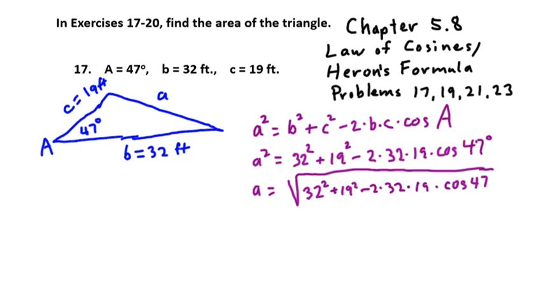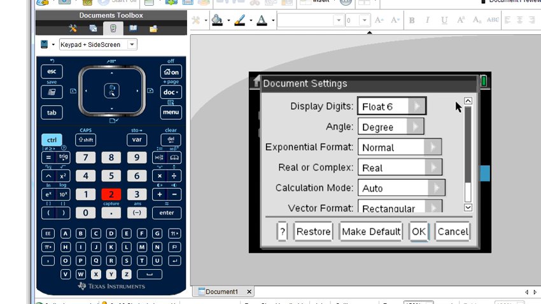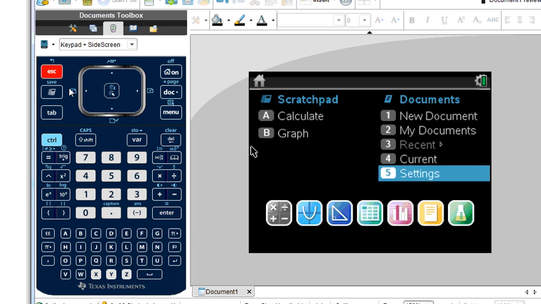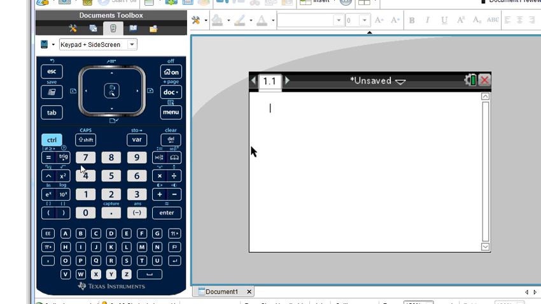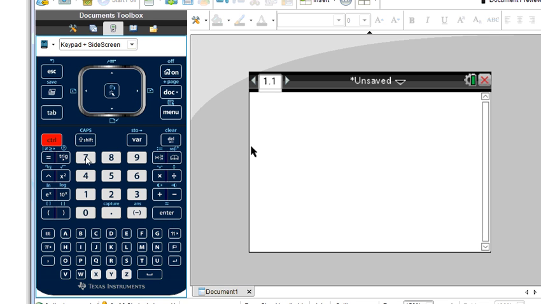And going to our calculator, we see that we are set in degrees. I'm going to escape out of here, go to the calculator page. We're going to take the square root of,